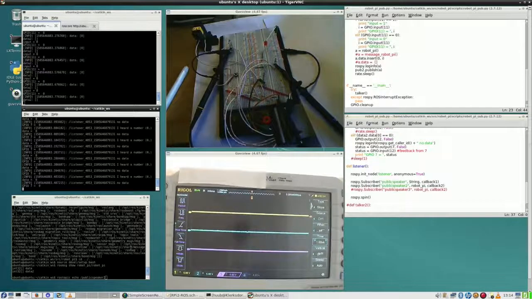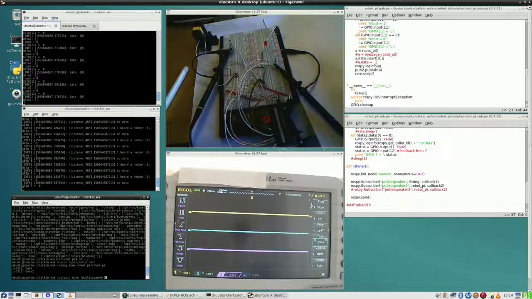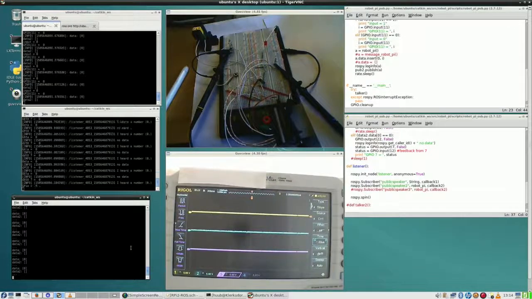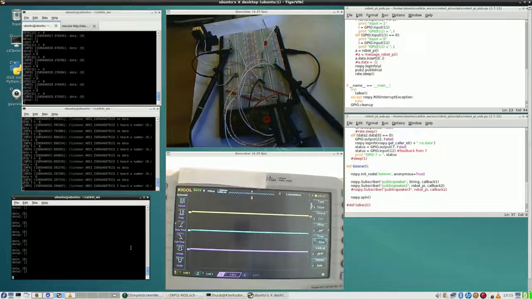So once again, it is working. Okay, now I'm baffled. How can it work now suddenly? Oh, yeah, of course, because I had not run source development. Alright, in each terminal that you want to use ROS in, you have to source the development setup. Anyway, since this problem is cleared,